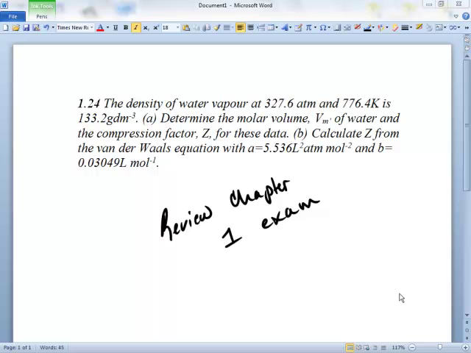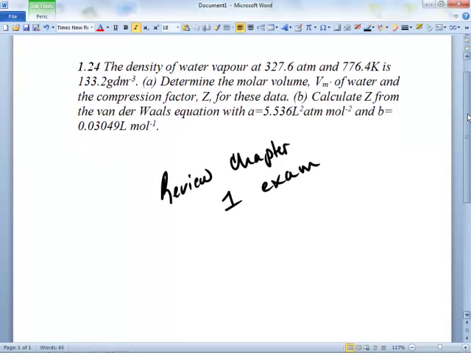Okay. The density of water vapor at 327.6 atmospheres. All right. Determine Vm. All right. So